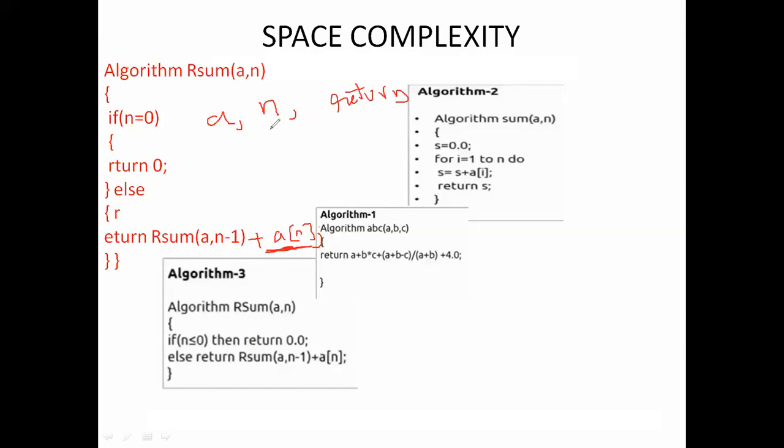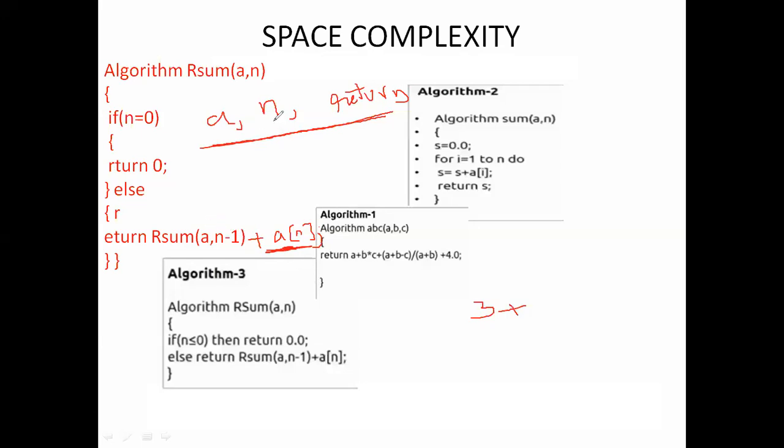So in this example, what is the space complexity for this algorithm? We are taking three variables. Every time the function is called, it will allocate three variables. So generally it is a constant 3 plus, how many times the algorithm will repeat?